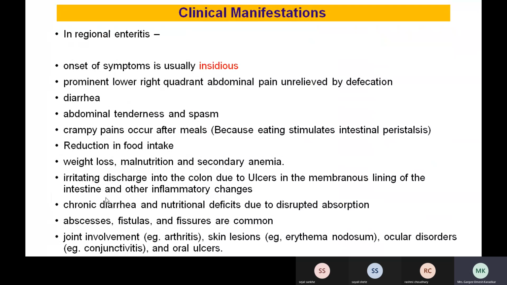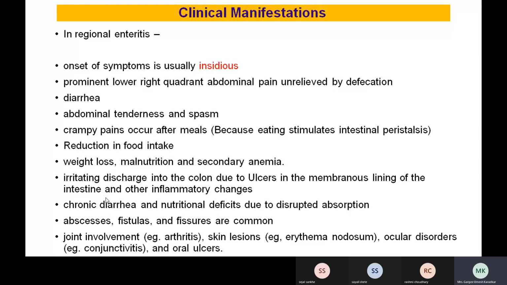So what are the signs and symptoms? Now these inflammatory changes are happening, so it cannot happen immediately. It will take some time. That's why the onset of symptoms is termed insidious. Insidious means it will develop gradually. It will not suddenly cause symptoms in the patient. But what the patient will show is prominent lower quadrant abdominal pain